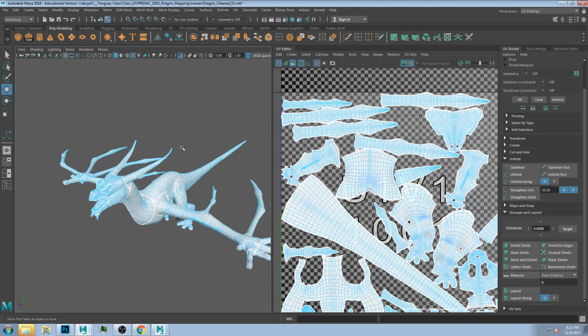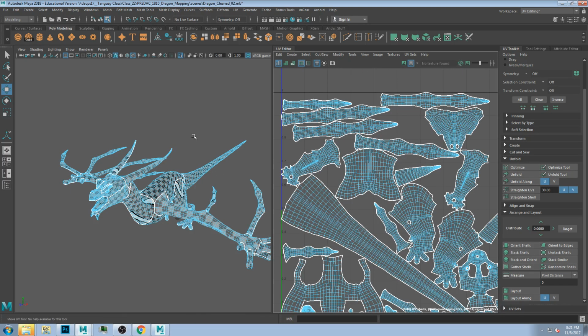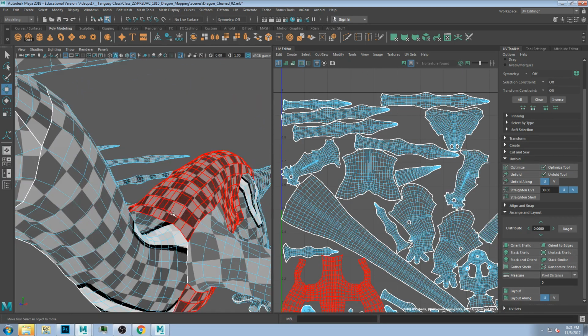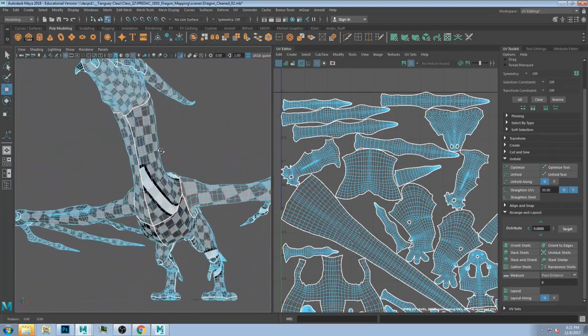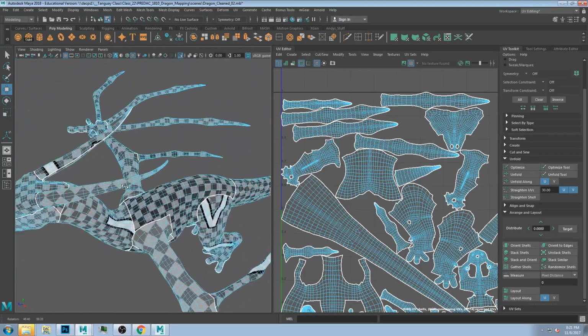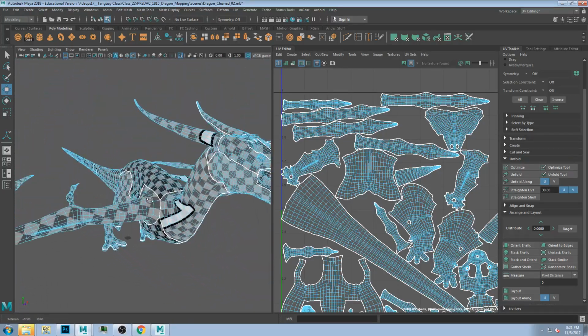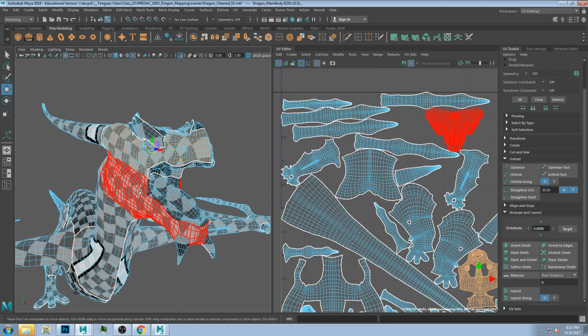Okay, so if we turn off our heat map and we turn on our checkerboards, we'll start to see how we did. Remember, you're trying to get pretty much even checkerboards all over the place, and it's not bad. So in the face, no,